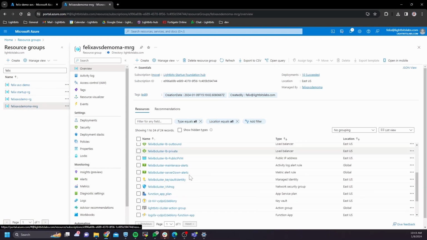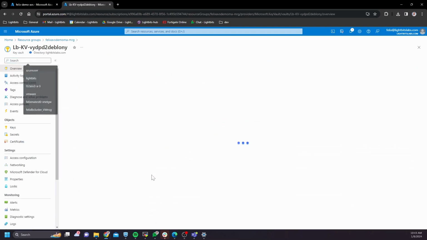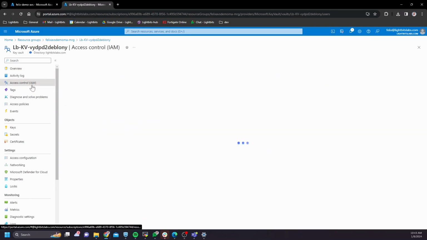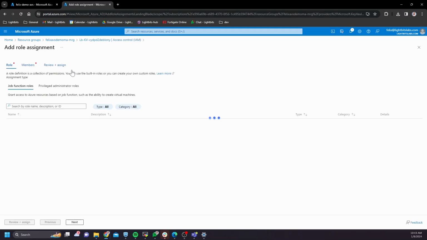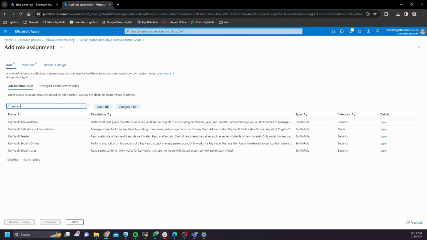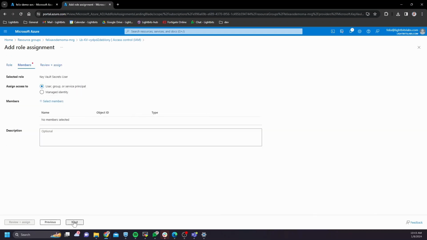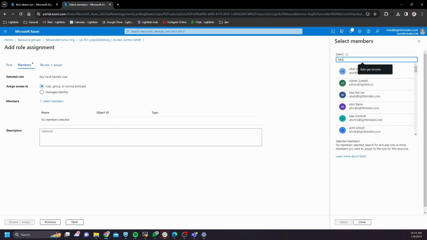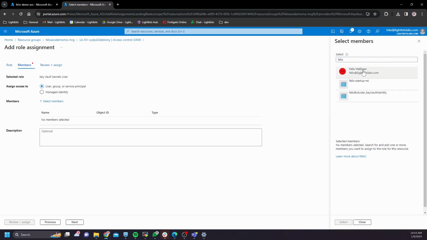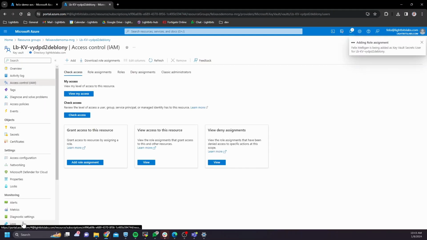I'm going to assign one more set of permissions, and it's going to be so that I can access the Lightbits JWT, which will give LB AVS permissions to call the API of the Lightbits cluster. I navigate to the key vault that's a part of the managed application, the resource group, go to IAM, and then add role assignment. I'm going to select the key vault's secrets user, and after clicking Next, I'm going to choose user group or service principal, and then when selecting members, I'm going to search for my own email address or the email address that I've logged in with. I then review and assign,